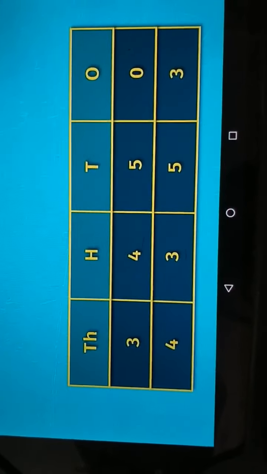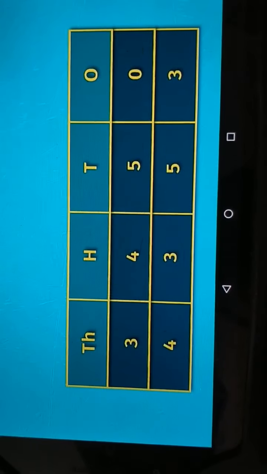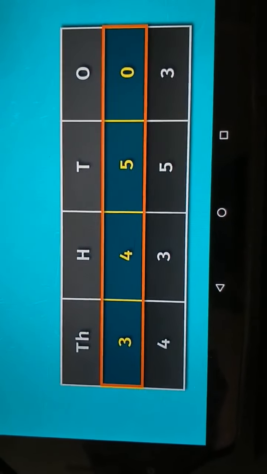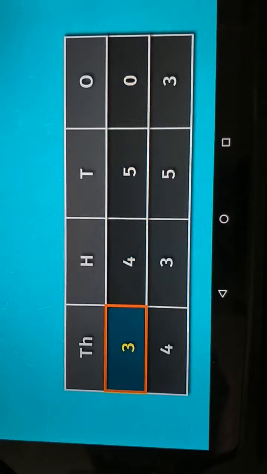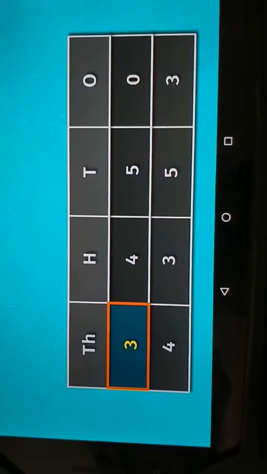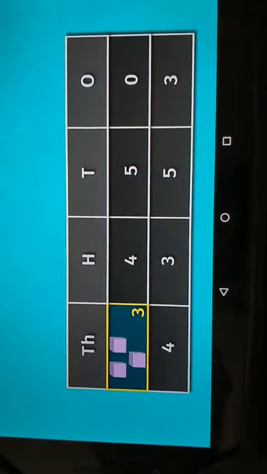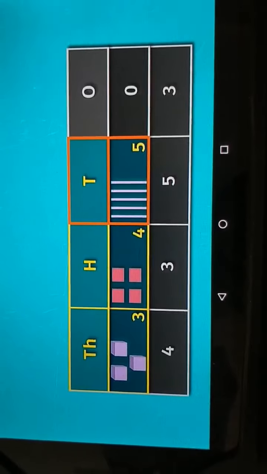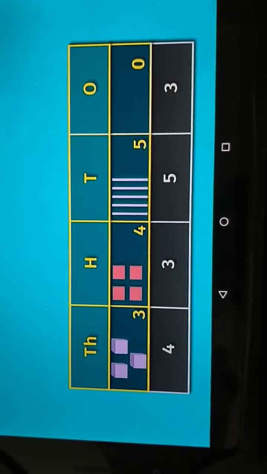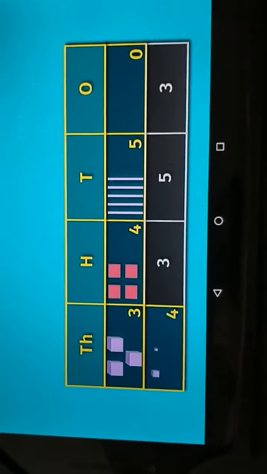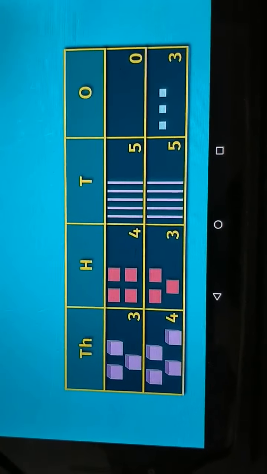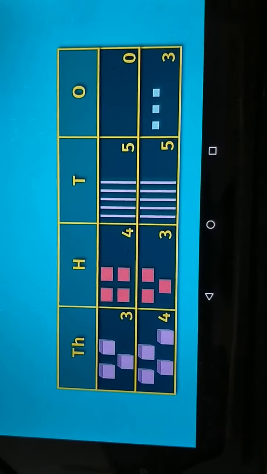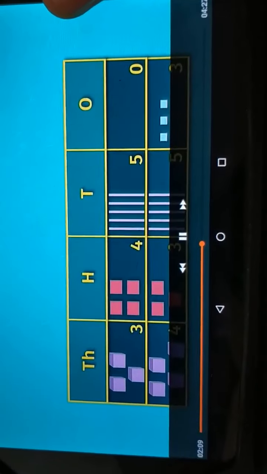After filling in the table, we will draw blocks for each digit. Let's take the number 3,450 and start with the digit 3. Since 3 is in the thousands place, we will draw 3 blocks. Similarly, we will draw 4 hundreds blocks, 5 tens blocks, and no block for the digit 0. Repeat this for the digits in the number 4,353. Now, let's start comparing the two numbers digit by digit.